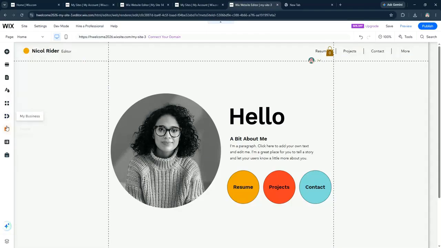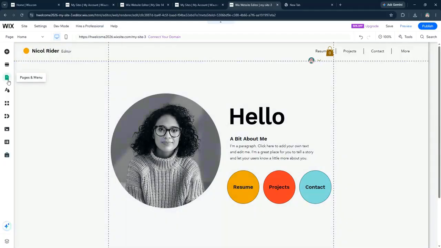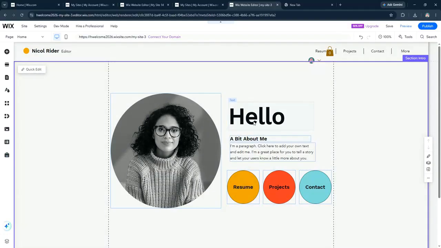To add a section, simply drag and drop it onto your page. You can customize each section by clicking on it, which will bring up the editing options. You can adjust settings like colors, fonts, and images to match your site's theme. If you want to change the layout, you can do it easily by clicking on the Layout button and choosing